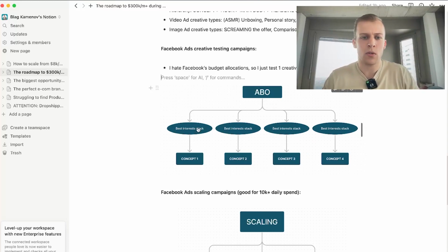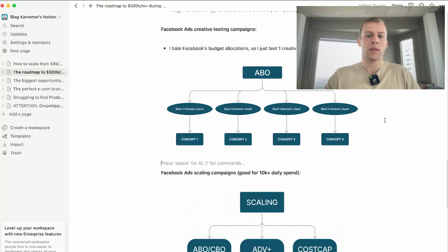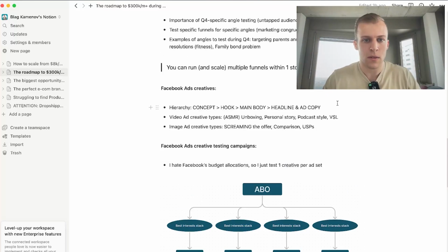That can be interest, but also lookalikes. And I test one creative per ad set, and I test one variable at a time. What that means is if I want to test 5 angles, I will make the 5 videos. I'll put one video per ad set, and I'm gonna first only test out concepts. Then after I find my winning concept, I'm gonna test out hooks. After I find my winning hook, I'm gonna test more main parts, and so on, based on the hierarchy